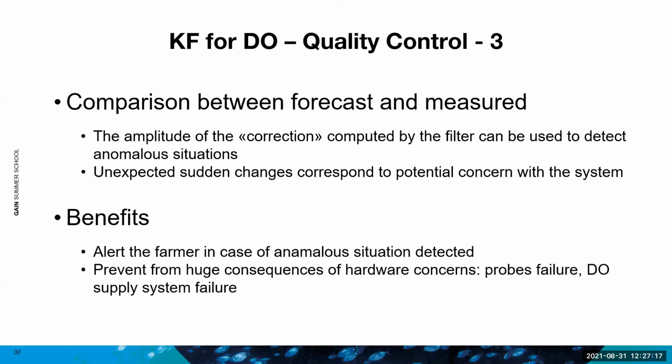And finally, you can think about quality control, because you made a comparison between what you forecast and what you measure. And you can maybe try to identify some anomalous situation, because in all this you are thinking that what your sensors are telling you, and every sensor can have some failures, and you can detect some unexpected sudden changes that can correspond to potential concern with the system, and you can raise, for example, some alerts to the farmer in order to